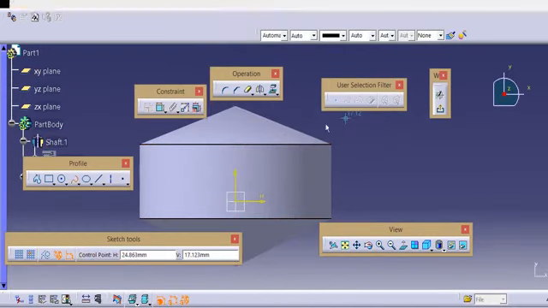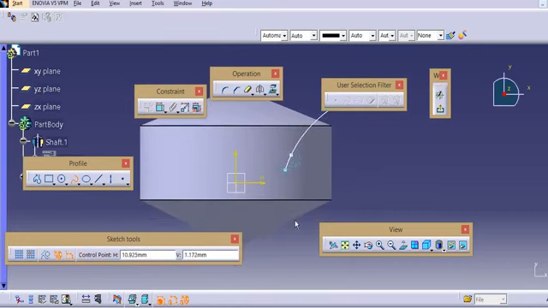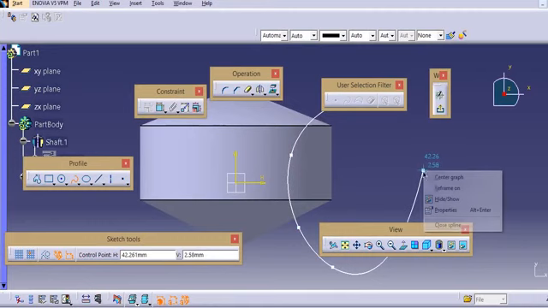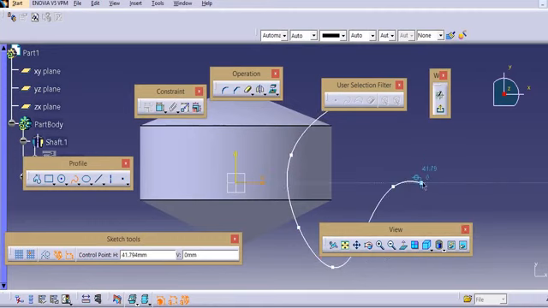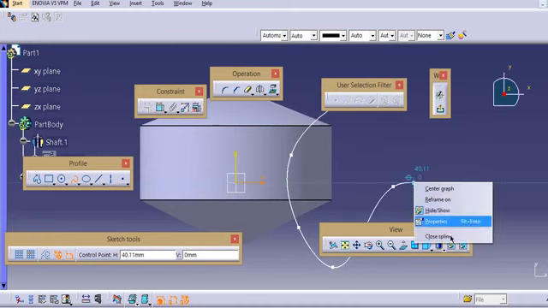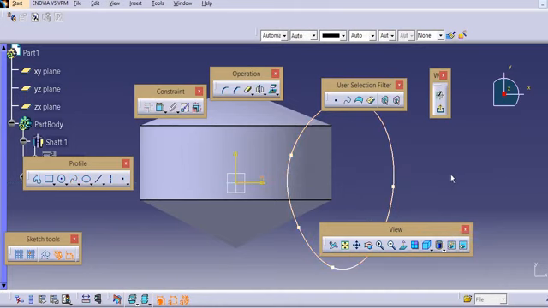For this an open profile is required, either spline or arc, anything is fine. You can draw a spline or any open profile using the profile command, or you can use arc.